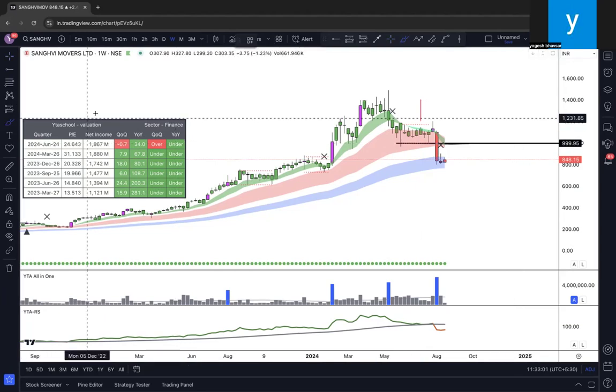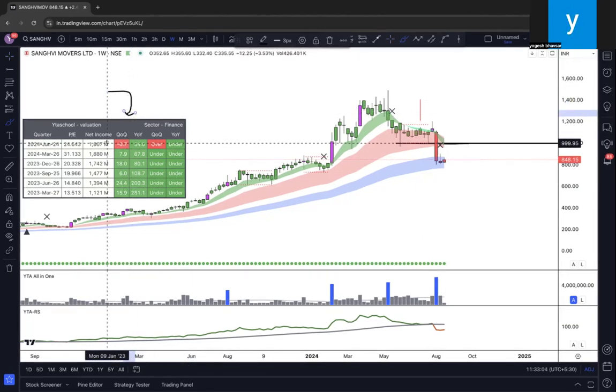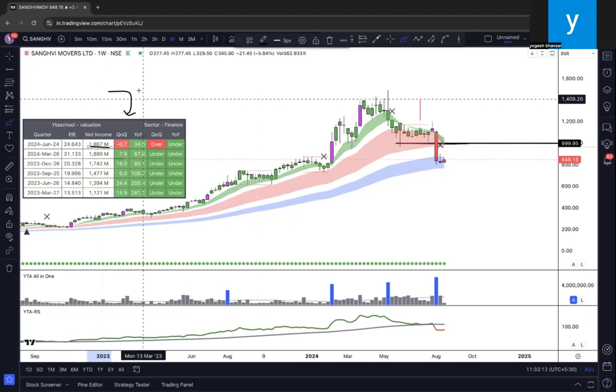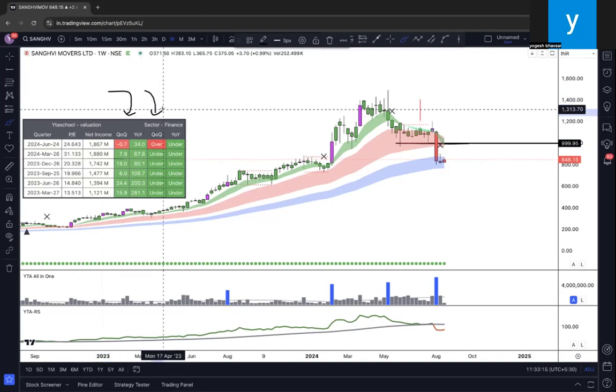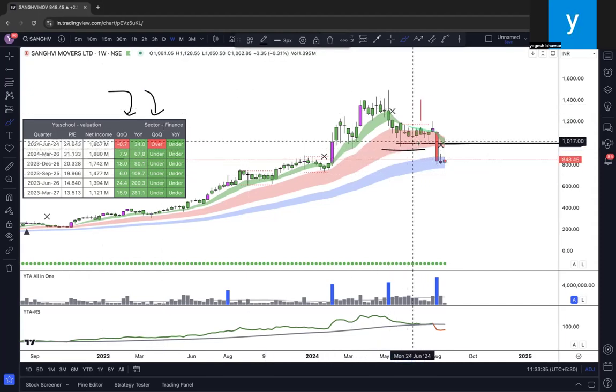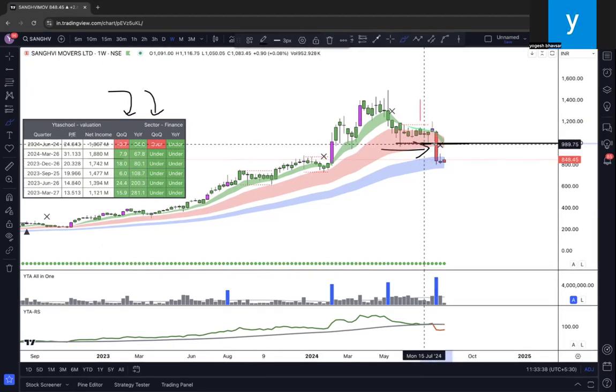What happened? The company gave a bad result. Now, how bad is the result? It is just from 1880 million to 1867. It's not that it's given half, whatever it is. But as per my strategy, the stock said no. Even if it is a small loss, for the valuation you are asking for that growth, I am not going to give you that valuation, and I will declare you overvalued on a quarterly basis. What happened? People also did not like that. And it just took away your stop loss and the trend changed.